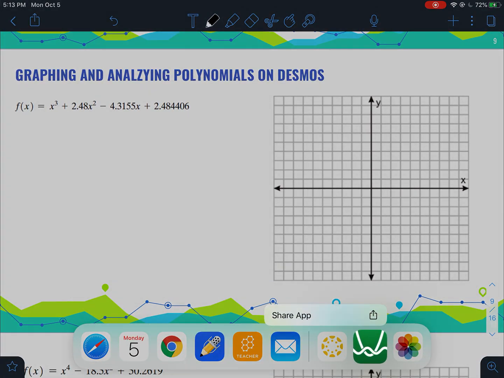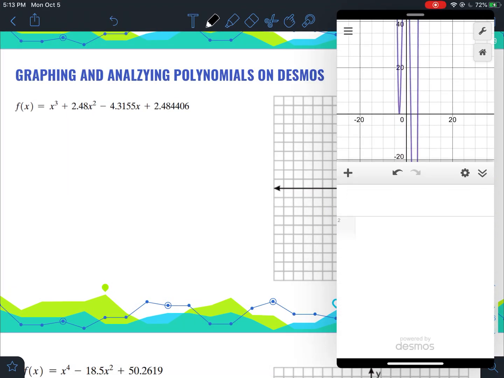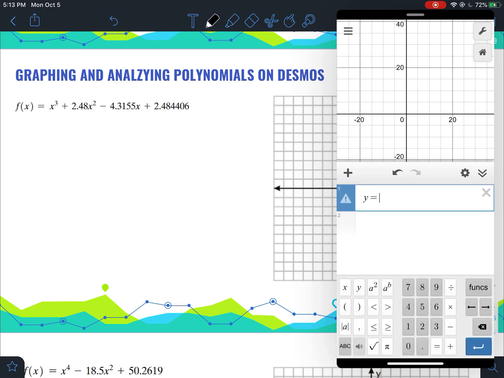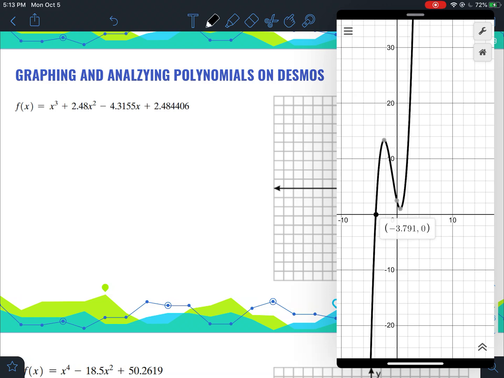So graphing and analyzing polynomials on Desmos. Obviously Desmos can graph all of these polynomials for us. So let's go ahead and graph this guy on Desmos. So y equals x to the third plus 2.48 x squared minus 4.3155x plus 2.484406. So if we want to analyze this graph on Desmos, it has one x-intercept, and its one x-intercept is